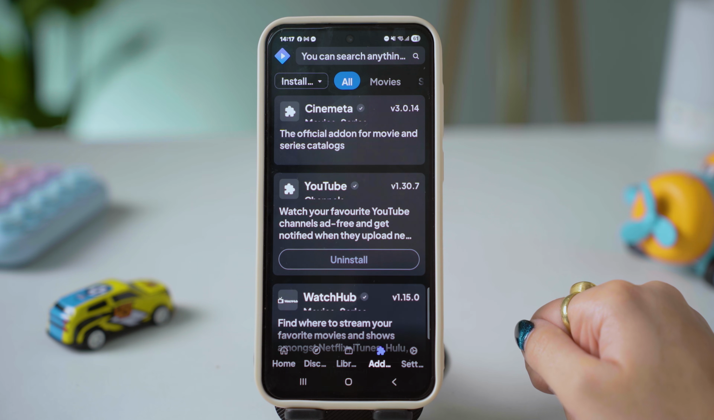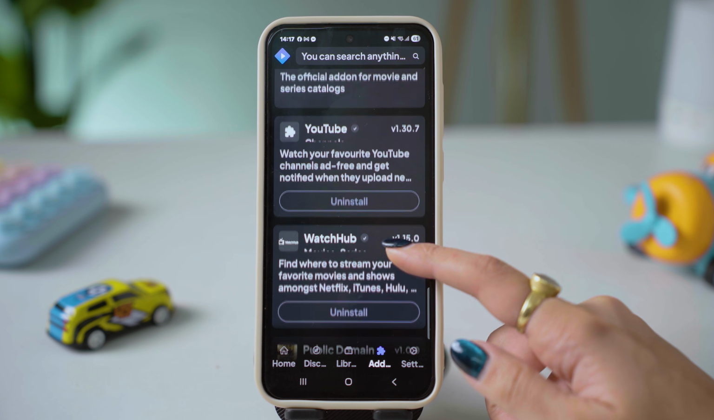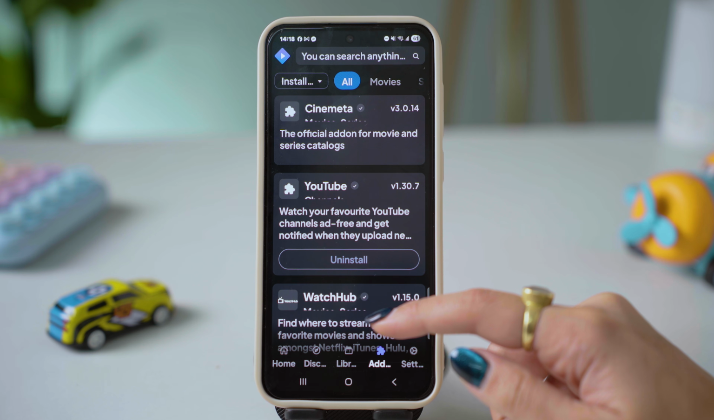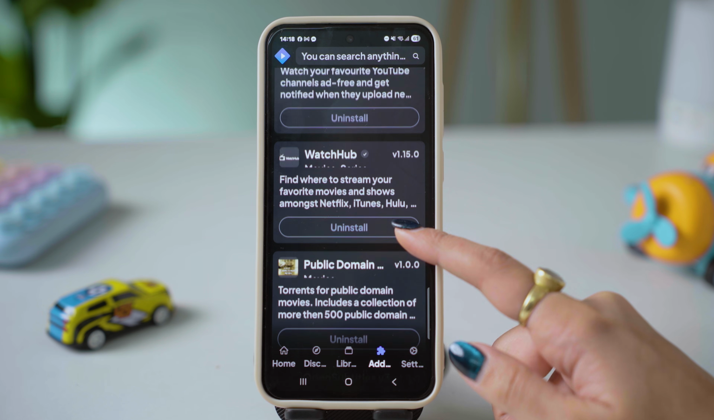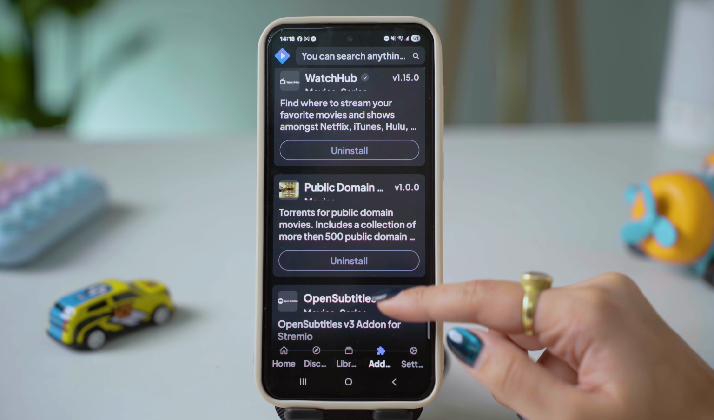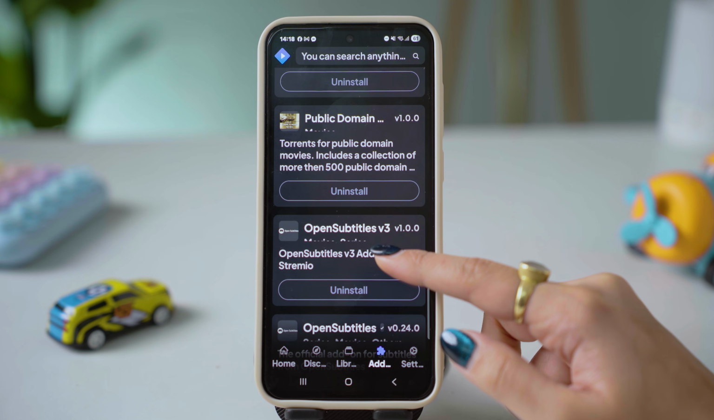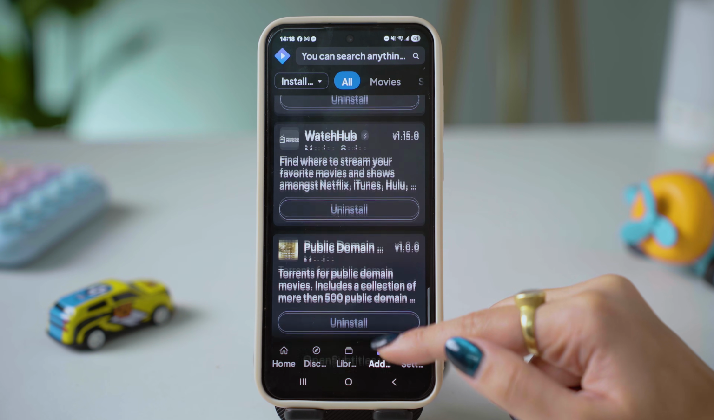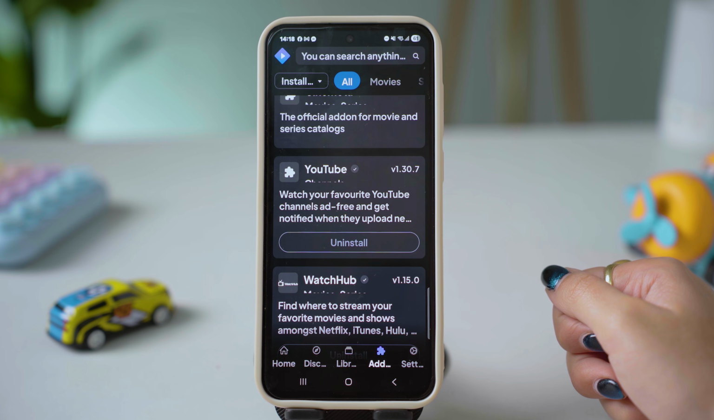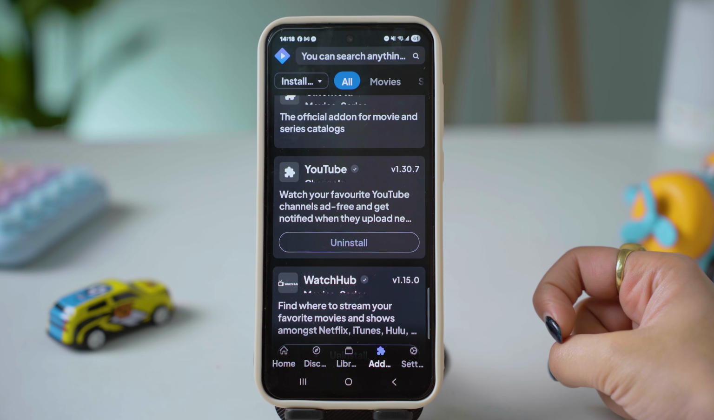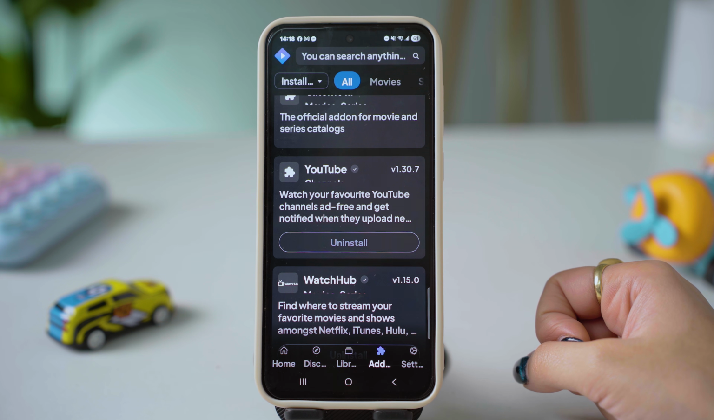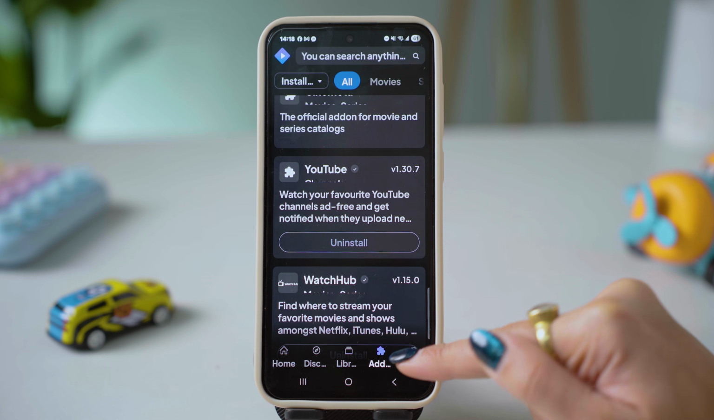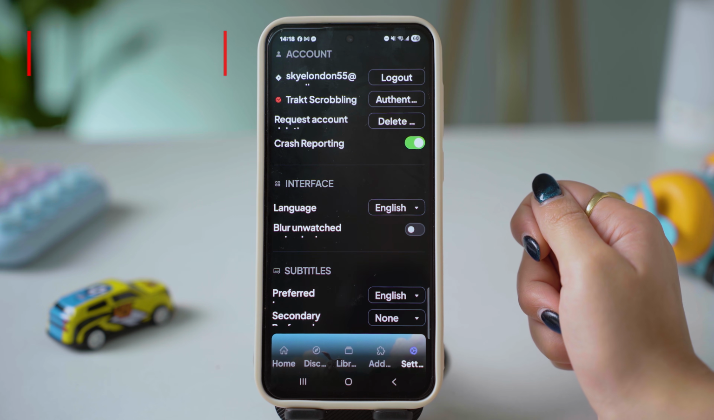Now over here you can also install various add-ons such as Cinemeta, YouTube, WatchHub, Public Domain, Open Subtitles v3 and other various apps you could download and stream through your Stremio account. Now, if you go ahead and tap on Settings at the bottom right corner, now once you come to Settings,